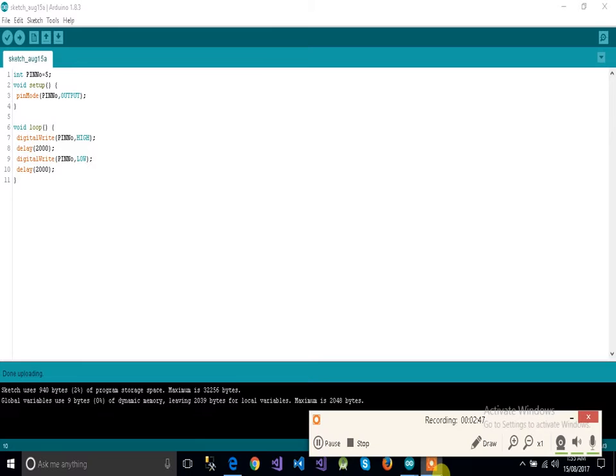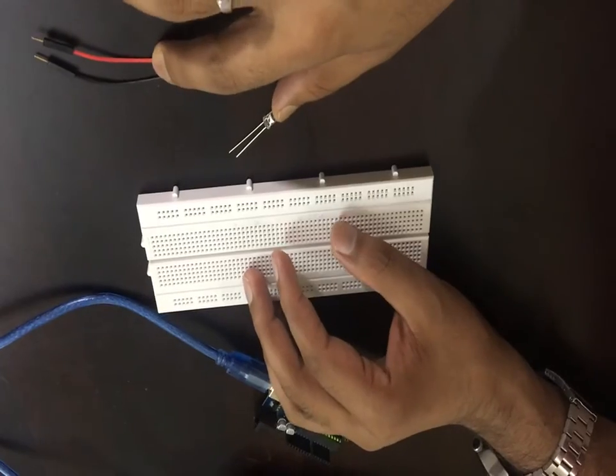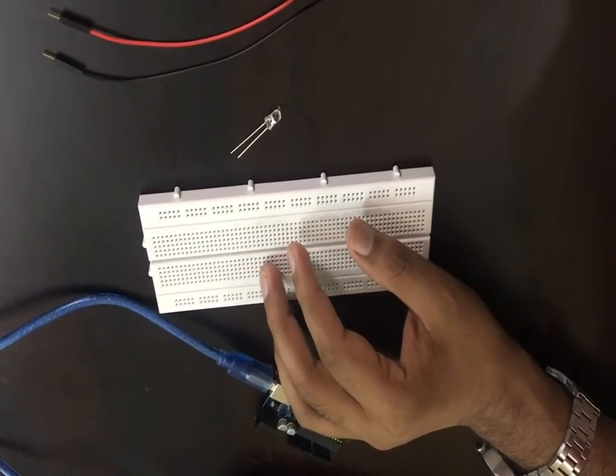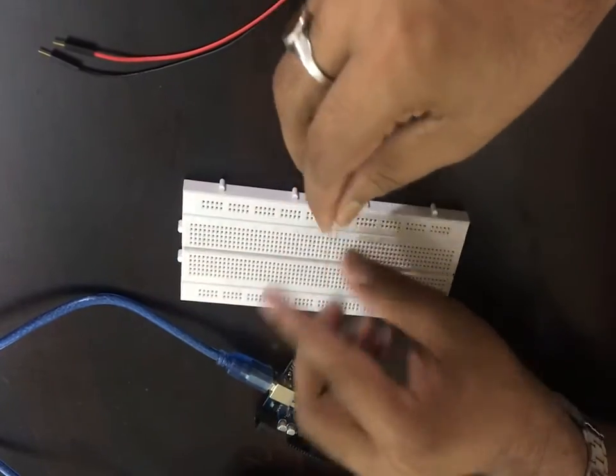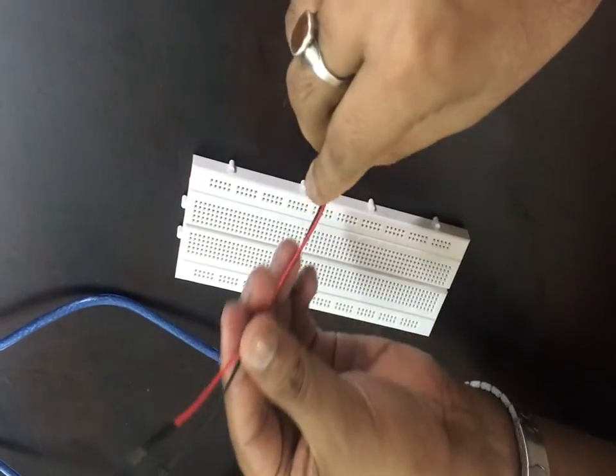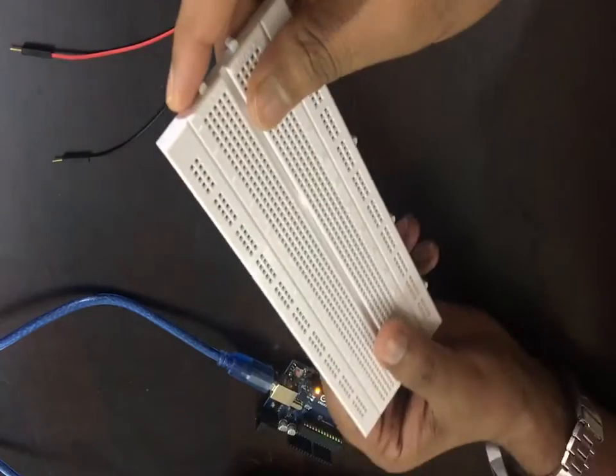Now I'm going to show you how you can plug the LED into the board and you can see the output. As we have already uploaded the program to the Arduino board, for this we need a breadboard, an LED and two male-to-male jumper wires. In the breadboard, there are two types of connection.